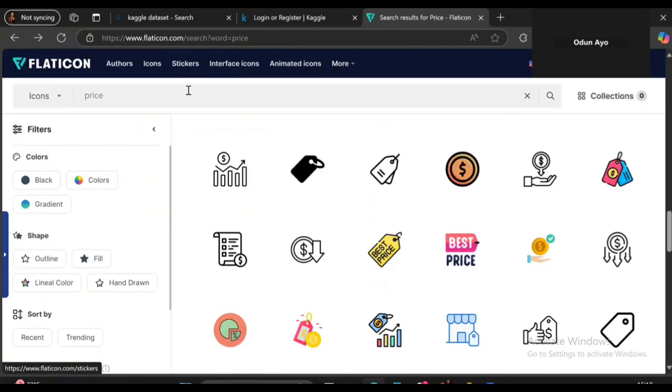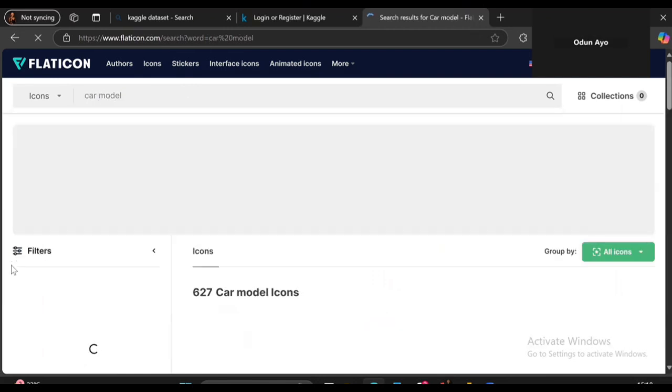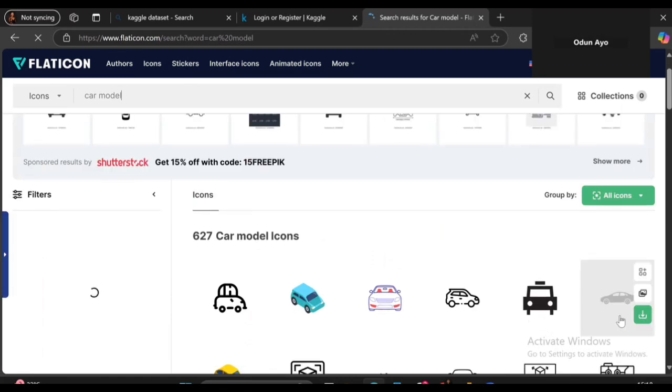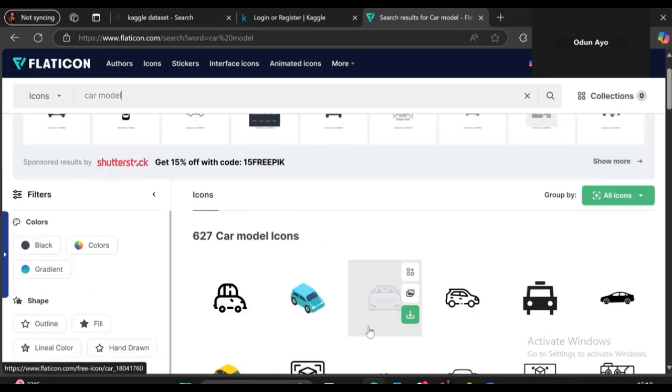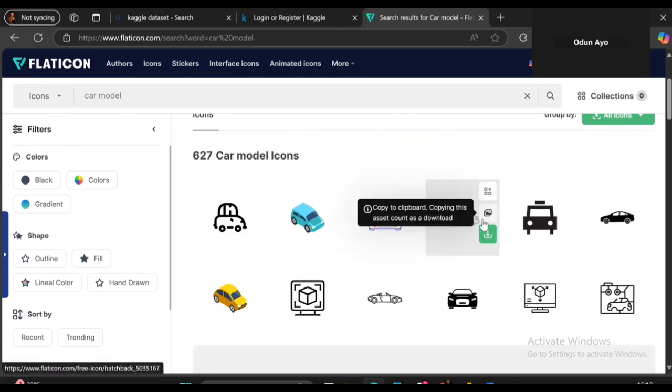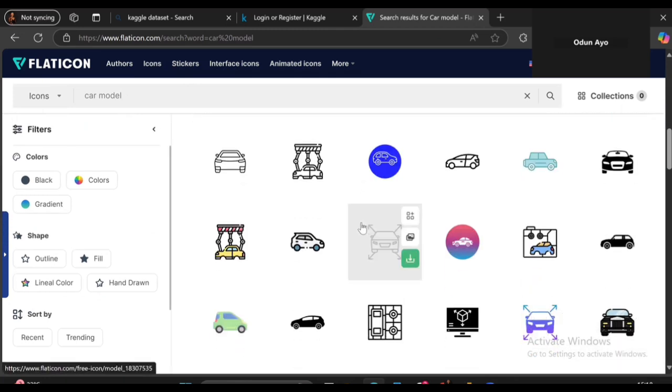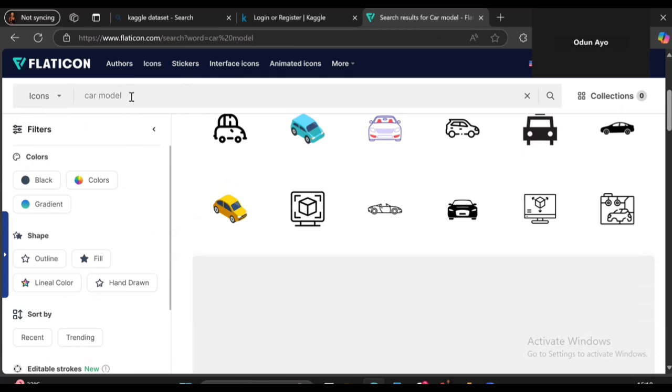And then if you're trying to look for car models, just search for car models, and then it brings out options. If you want to change the color, since car model, or for mileage now, you can use something around this. Just play around, pick any icon of your choice. But for car